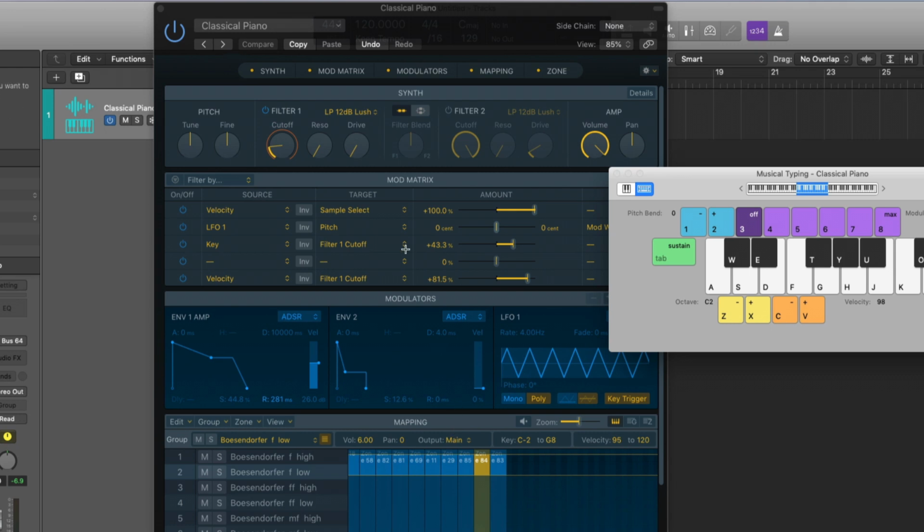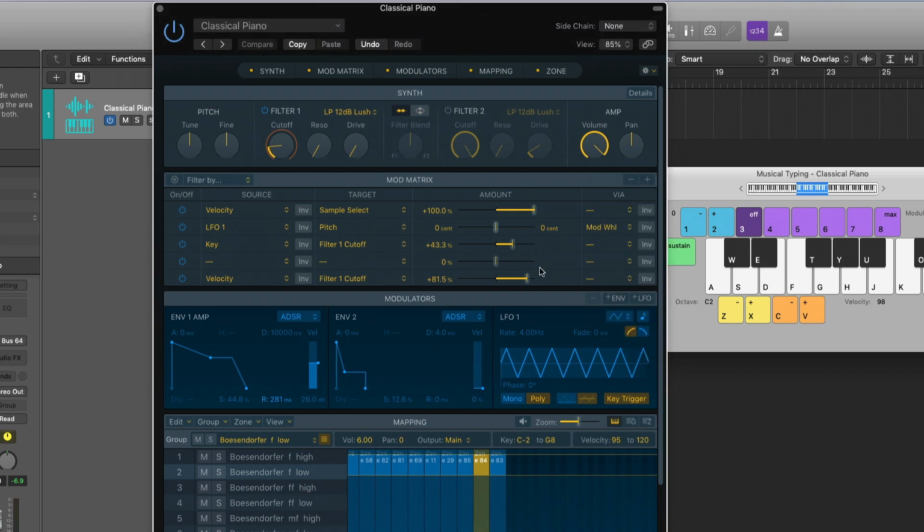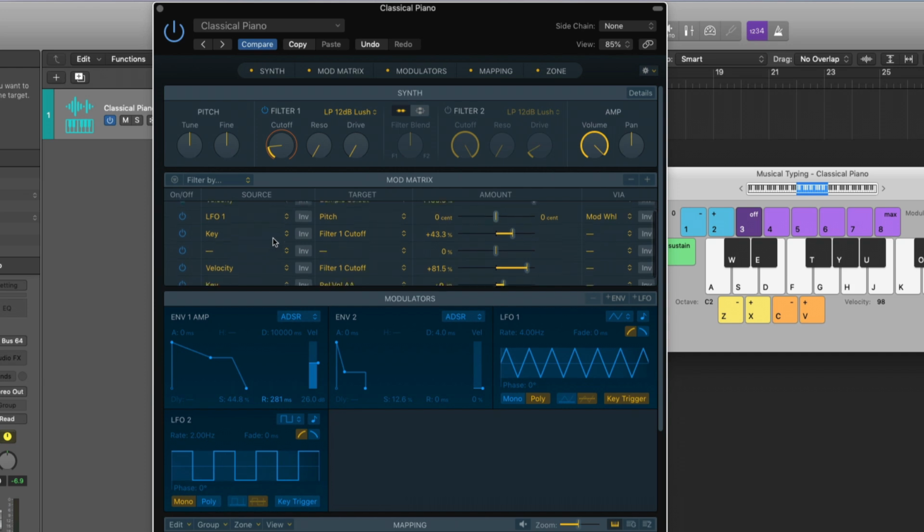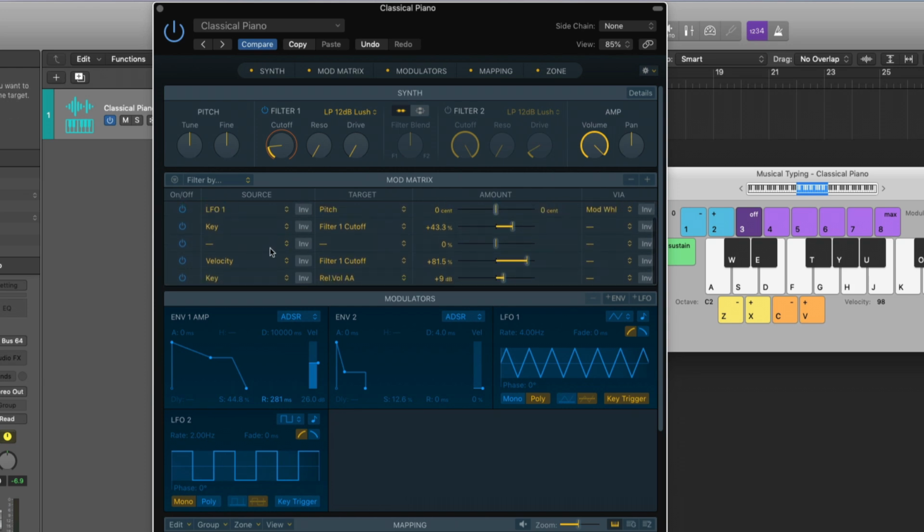With the modulators and the mod matrix, we're able to create an envelope or an LFO to impact another parameter. And it doesn't just have to be envelopes and LFOs. It's just, for now, easy for the conversation. So now I've created LFO 2. And I'm going to set the shape of the LFO to square. And I'm going to drive up the rate, not too fast, maybe right about there. And if we head into the mod matrix here, we can create a new connection or pathway for this LFO 2 to impact another